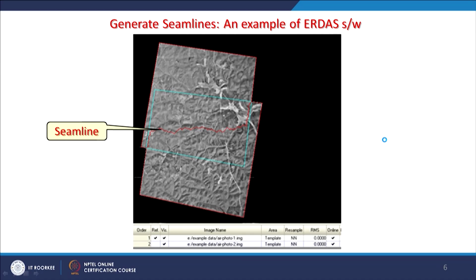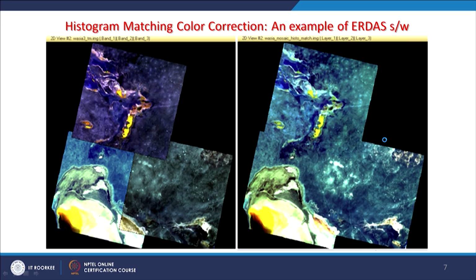The example which we took earlier about the seam: it is not necessary that a seam should always be a straight line. A seam can also be an arbitrary line like here, and then a mosaic can also be created. Here is perhaps the best example of creating a mosaic of two adjacent scenes which have different spectral characteristics, because they belong to two different dates. Now, how can it be done?